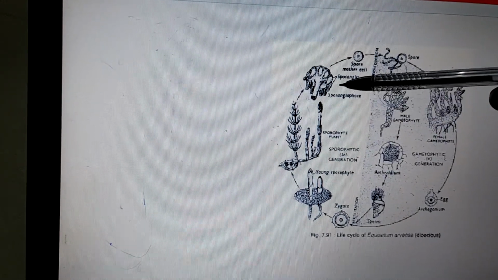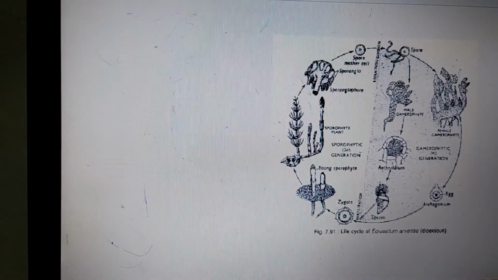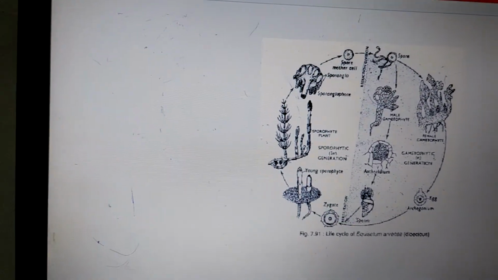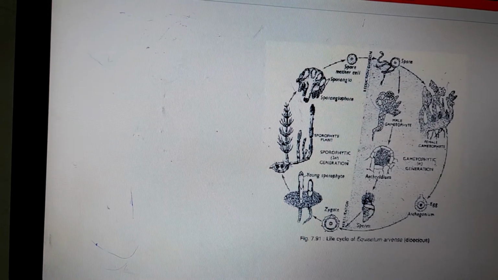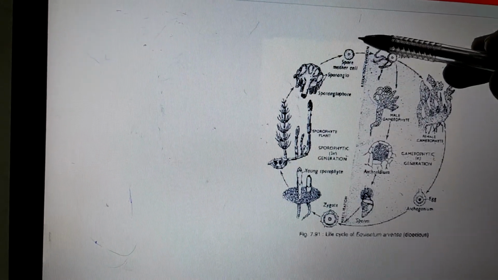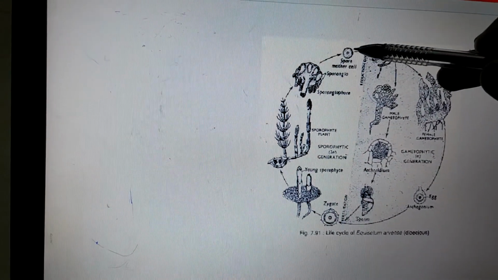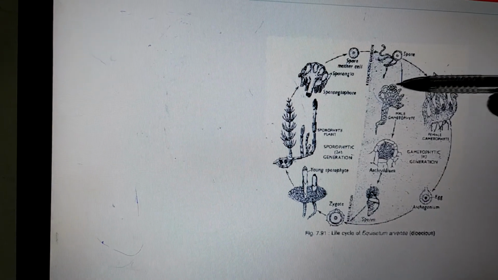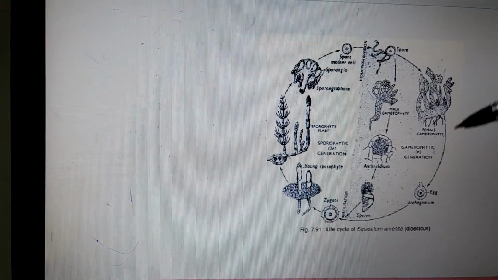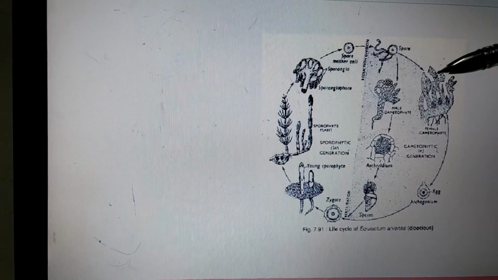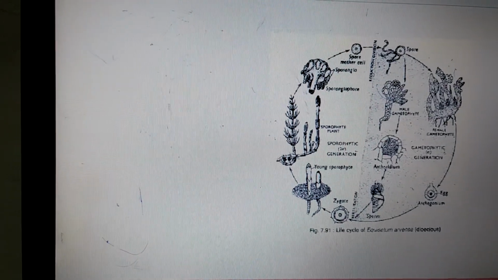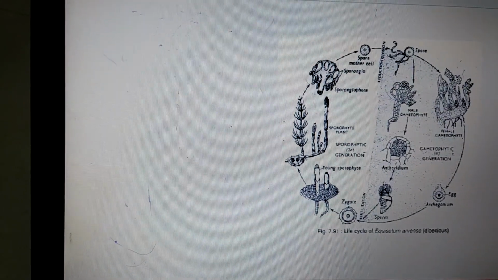Now this sporophyte produces homospores in structures called sporangiophores, which are present on the cone or strobilus, and which produce haploid spores by a reductional division. These spores germinate again and continue the life cycle. So we have two alternating generations in the case of Equisetum, the sporophyte as well as the gametophyte.